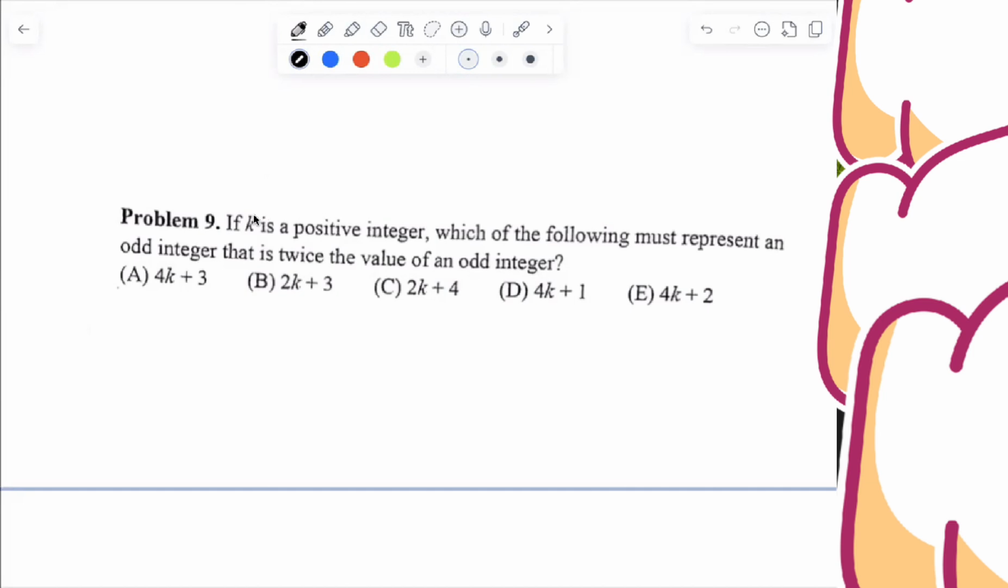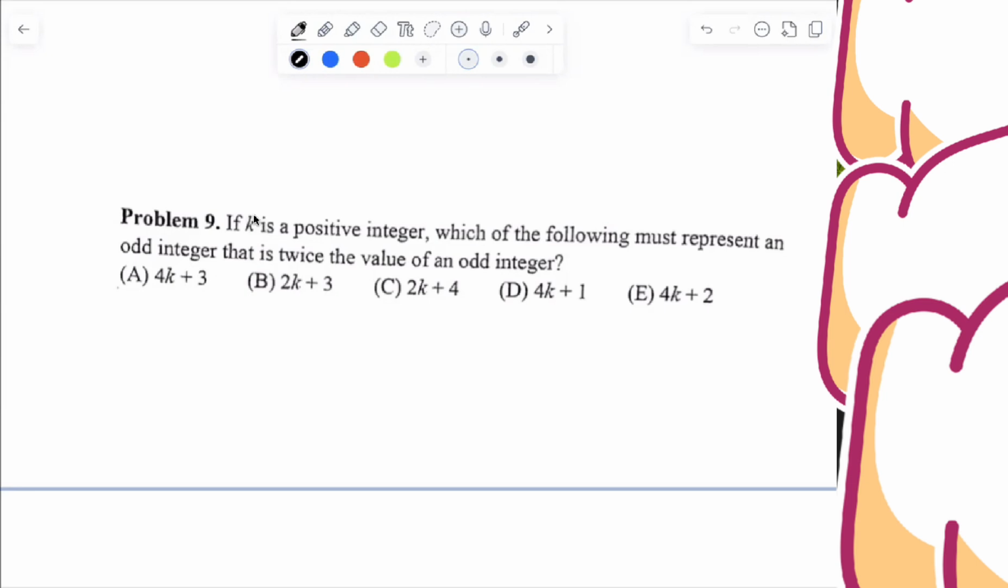Okay, let's get started. I don't know why it says twice the value of an odd integer. It shouldn't say that, but it's probably meaning a bit more than twice an odd integer. The wording doesn't really quite make sense, and some competition problems are going to be like this. I don't even know who made these questions, but the key takeaway is that to make an odd